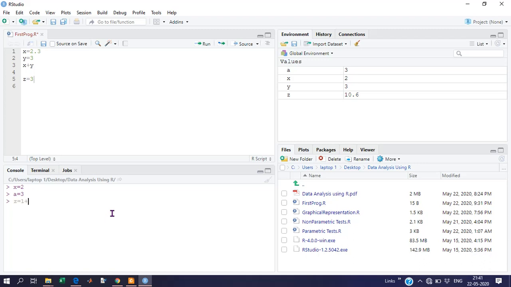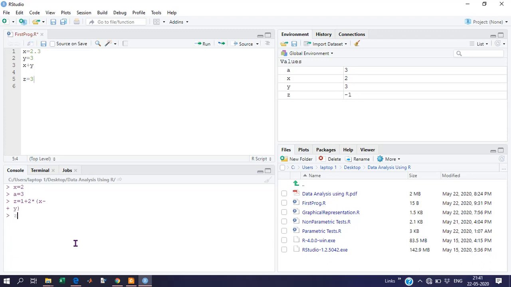For example, 1 plus 2 times, in brackets, x minus, and I kept that incomplete and pressed Enter. You can observe the plus sign here. So it's suggesting that your command is incomplete. Complete it first. I will use y: x minus y, and go ahead.